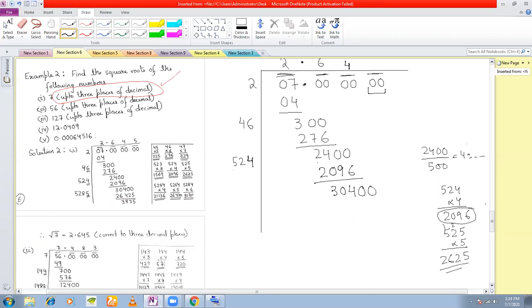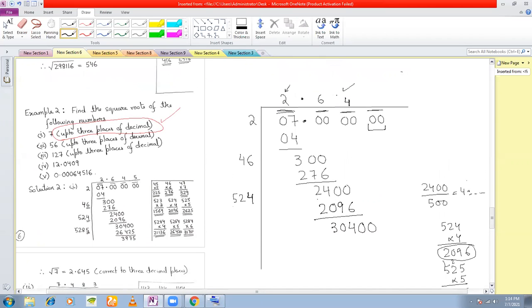Again, what number do you see here now? 2.64. Ignore the decimal. How much do you get? 264. Double this. How much do you get? 528. So you write 528 here. And now again, you will have to introduce a digit here.